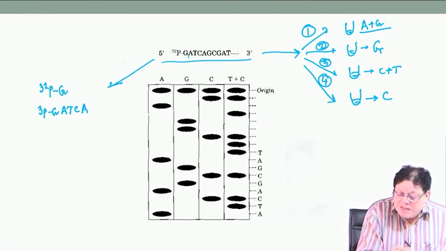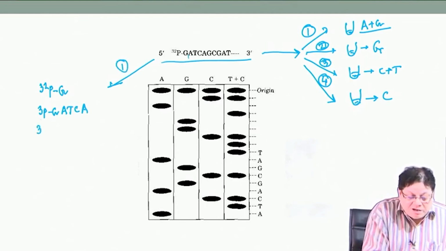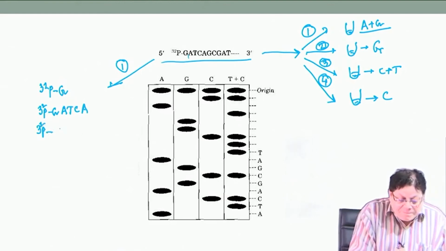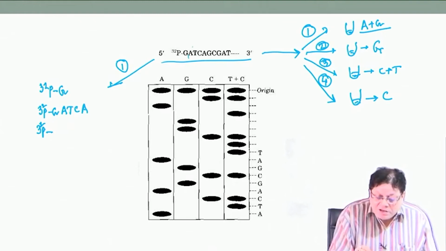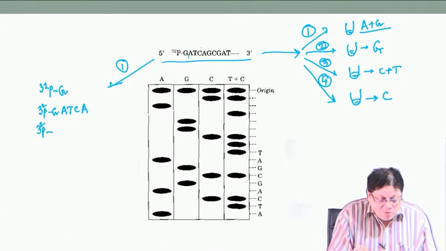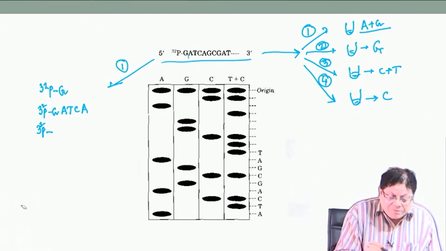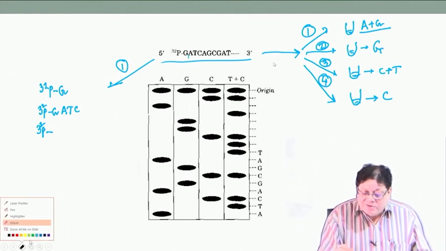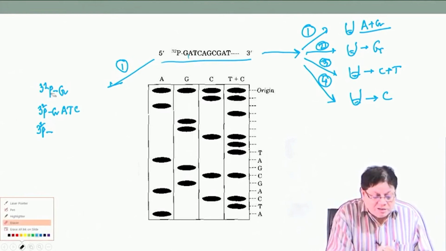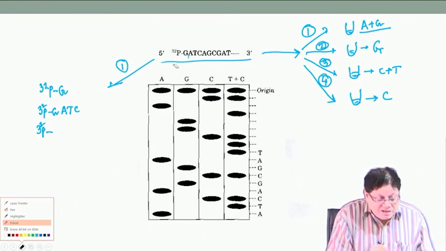Now, because it is an A plus G reaction, there will be more pieces. You will get 32P, then you will get G. We have considered A now, no? This is G, and sorry, we are considering only the A's first, so A must be removed. We have first considered the A's. Again I repeat, A's are cleaved, so you get 32P G, and when this A is cleaved, you get GATC, but